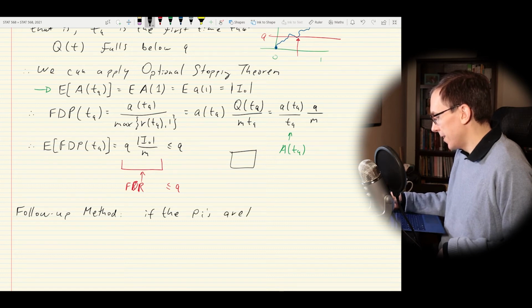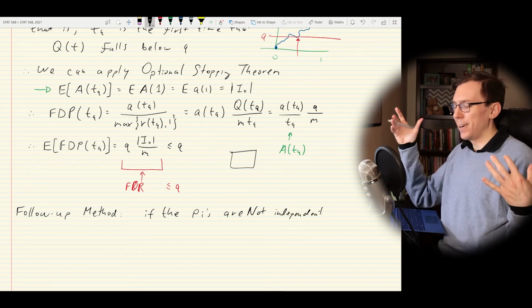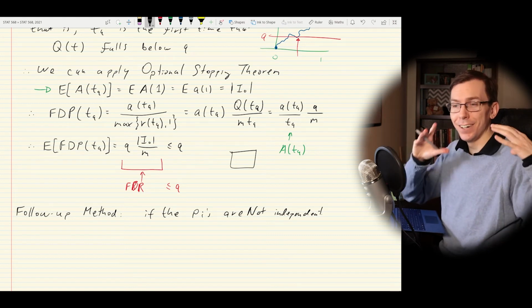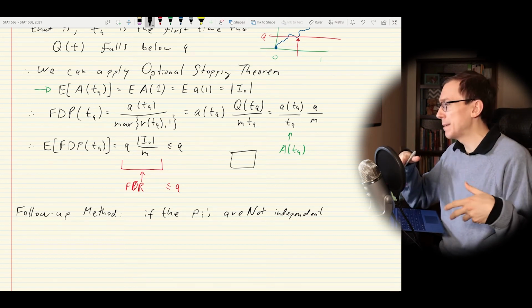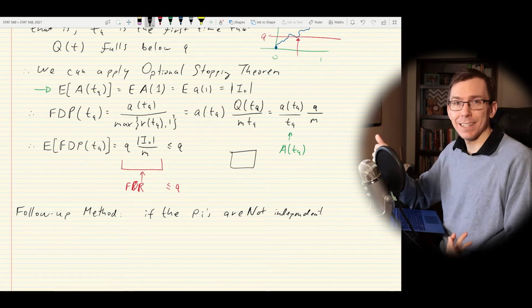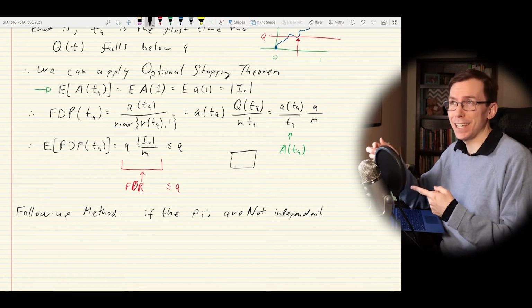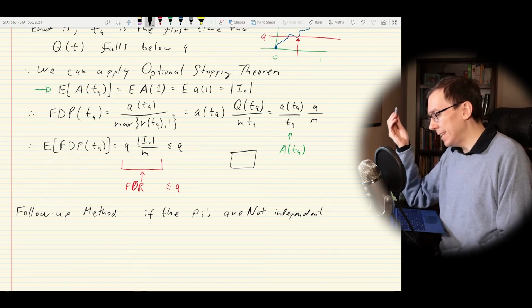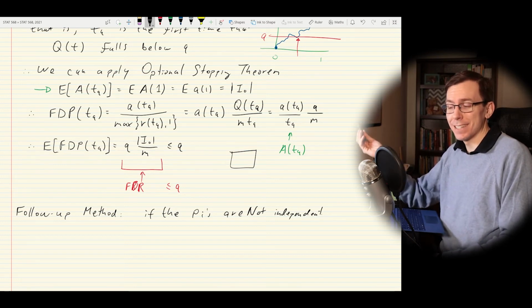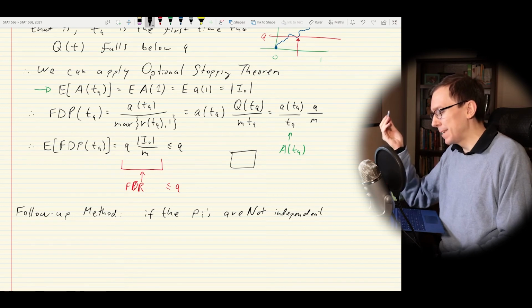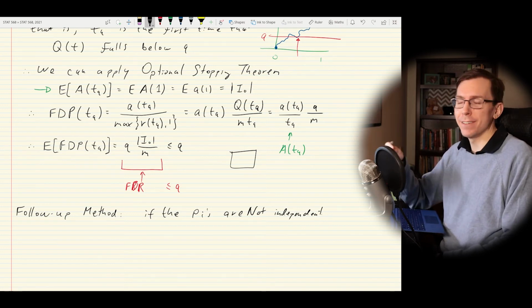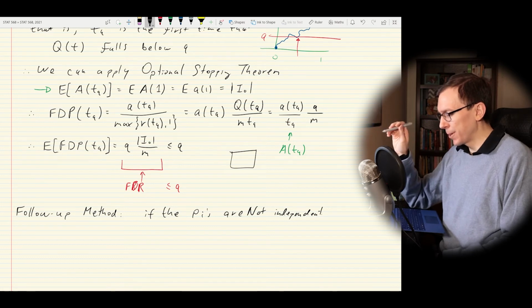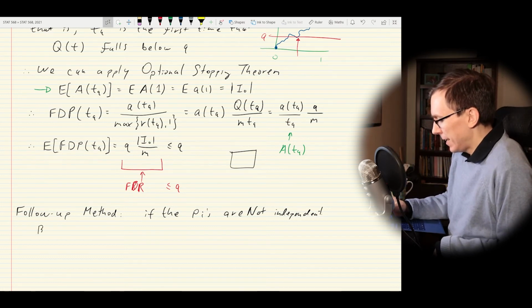p-values are not independent. Because remember, at the beginning, we assumed that our p-values, at least the null p-values, were all going to be independent. That's not always the case. At least in our design of experiments course, it's usually the case if our designs are balanced. But if we don't have a nice balanced design, we may not have independent p-values. And if we don't have independent p-values, we can't use Benjamini-Hochberg, but we can use the